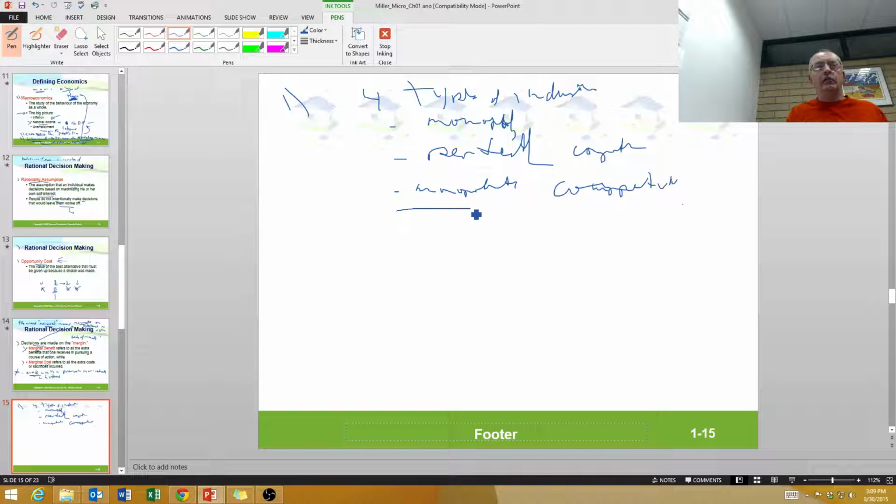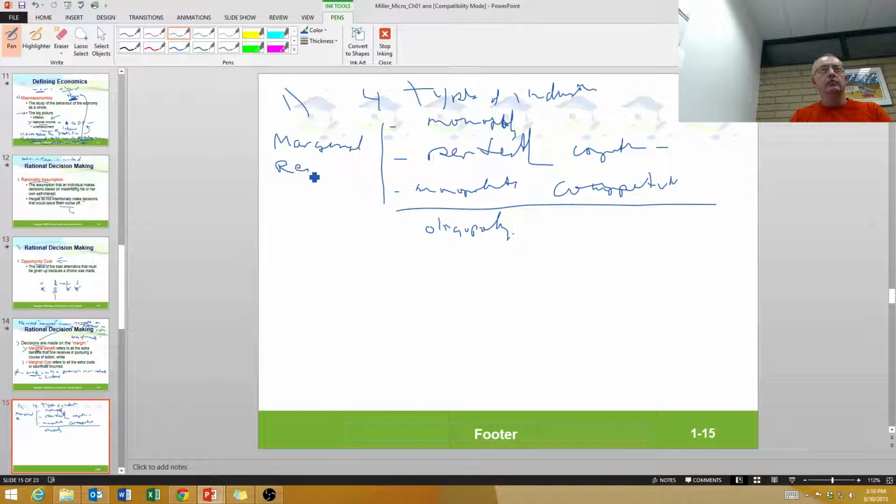And then there's a fourth class of industries known as oligopoly. Anyways, we'll come back to all this in later chapters, so don't worry about it. But what I'm giving you a heads up about is when we look at these different kinds of industries, and we want to know what's the optimal level of output that these companies should produce, what's the optimal level of output that a monopolist should produce, what's the optimal level of output of a perfectly competitive company or a monopolistic competitive company. The optimal level of output is where marginal